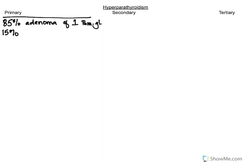All right. Now, let's talk about the causes of primary, secondary, and tertiary hyperparathyroidism. So primary, 85% of these cases are an adenoma of one parathyroid gland. The remaining 15% are one of the MEN syndromes,